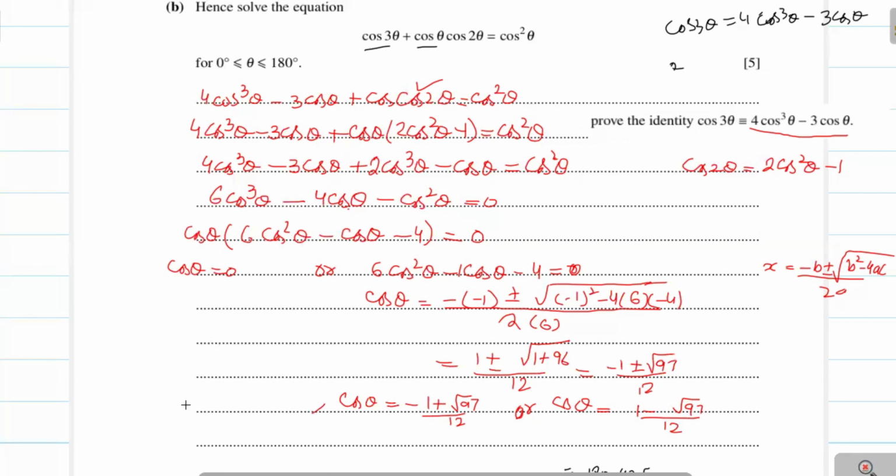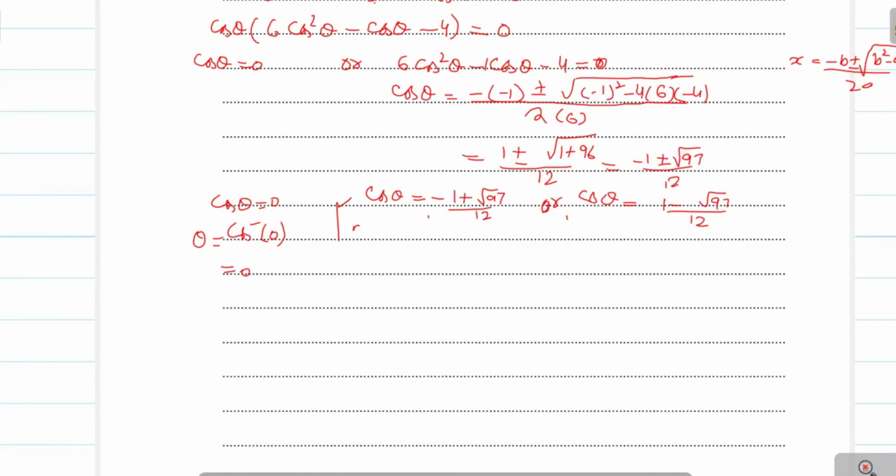Now we take the theta value, cos inverse. We write cos theta equal to minus 1 plus square root 97 over 12, so theta equals cos inverse of minus 1 plus square root of 97 over 12, and this value will be equal to